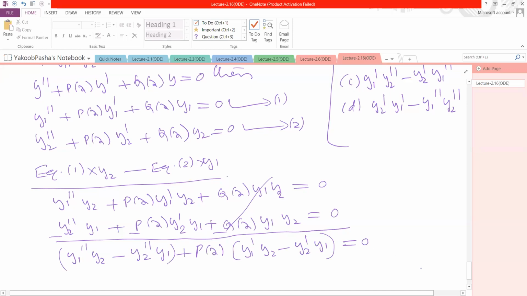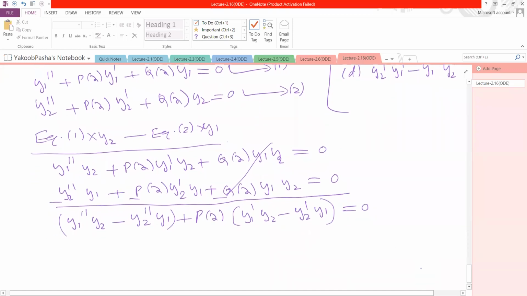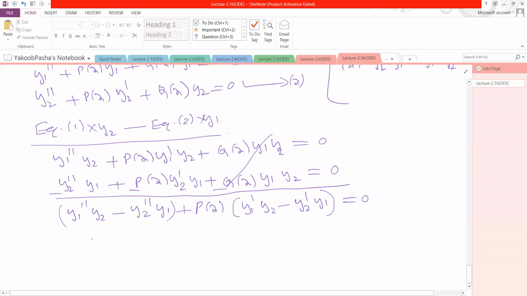Okay, so we can write this as y1 double dash y2 minus y2 double dash y1 is equal to minus P of x into this term